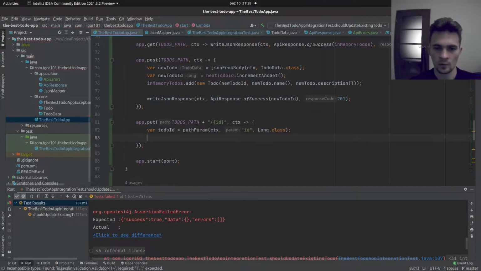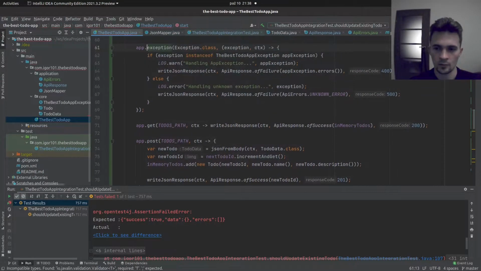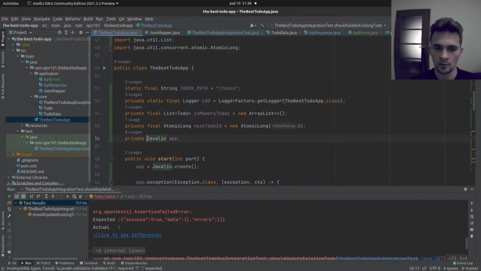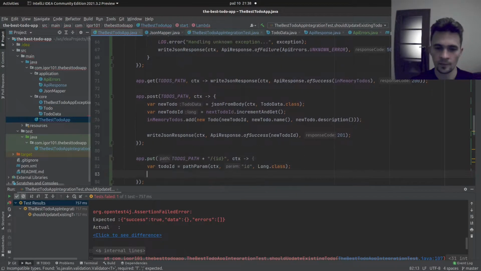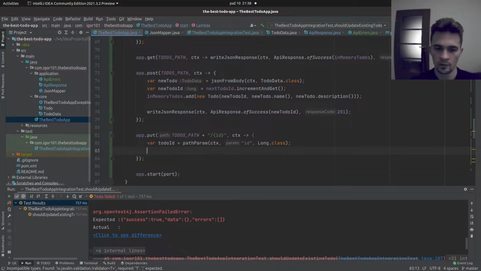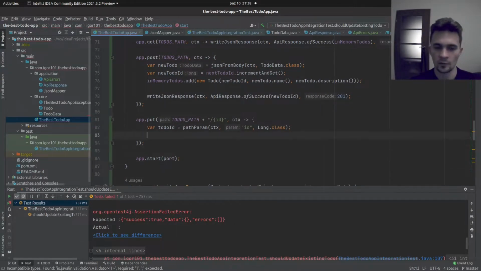We have TODO ID, and we will update it, which is not that simple actually, because we have a list in memory. But let's do this anyways, because we refactor it in the next step. So let's just do something like